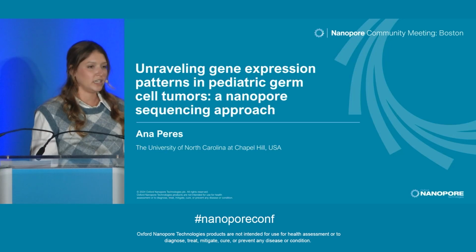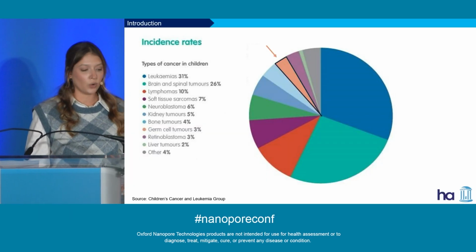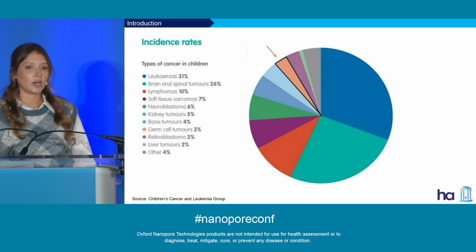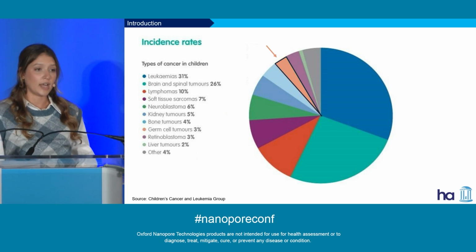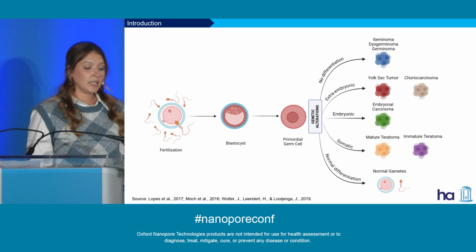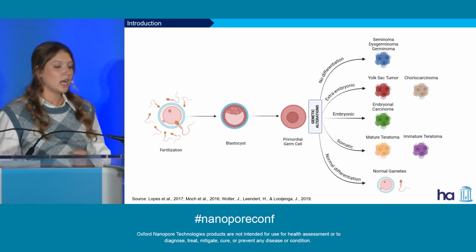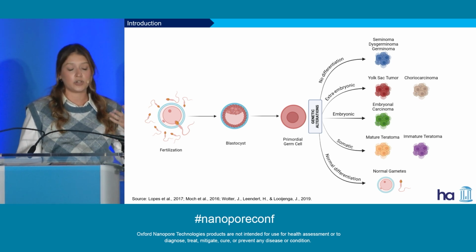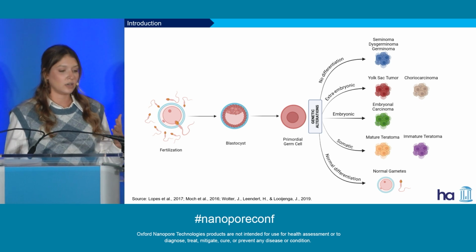I'm going to talk to you about a little bit of the work we've been conducting on pediatric germ cell tumors. So, you might know, pediatric cancer is a rare event, and germ cell tumors are even more rare, comprising around 3% of all the pediatric diagnoses. They are a group of heterogeneous tumors that arise from primordial germ cells that undergo genetic alterations. And based on the different differentiation stages of that cell, it's going to originate different subtypes